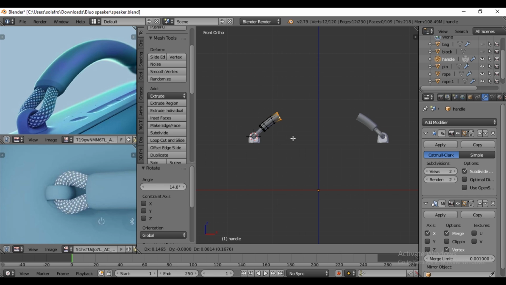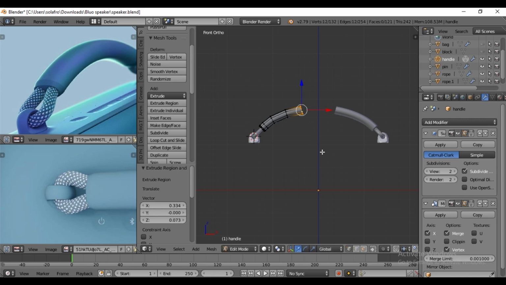Pressing E to extrude and rotate by pressing R. To make it a flat loop, scale, press S on the X-axis, type 0. Check the clipping in the mirror modifier tab, then E to extrude in the X-axis.